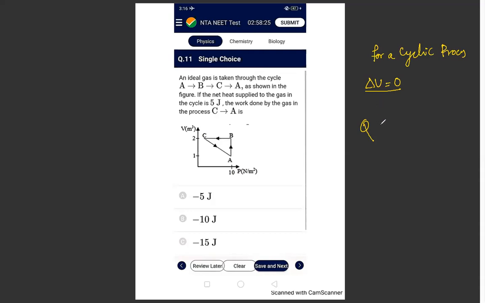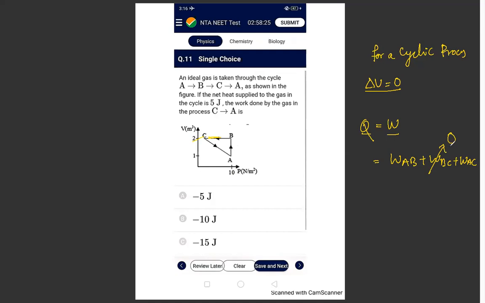As we know that del U equal to 0, by using first law of thermodynamics, we know Q is equal to W. So how many processes are there? 1, 2, and 3. So we can write work done from A to B plus B to C plus A to C. As we know that in isochoric process, the work done is going to be 0, right? And we can see that B to C is an isochoric process. The volume is not getting changed. So the work done is equal to 0.